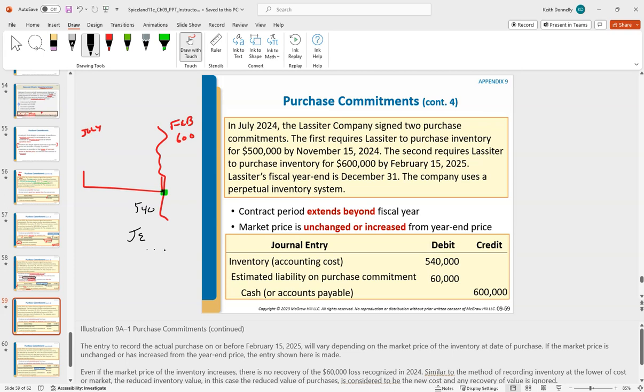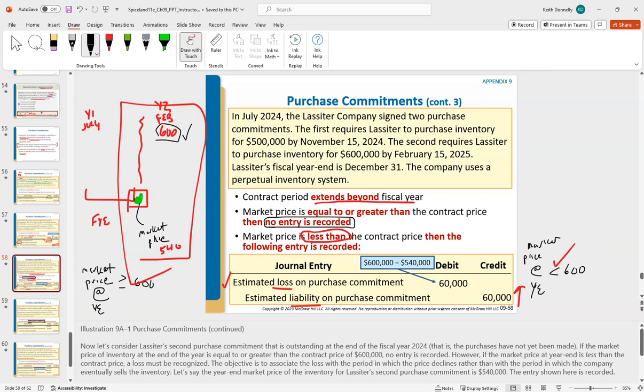If we continue from whenever we do this journal entry at year end to February, whenever we actually strike on this, if nothing changes, in other words, if on the strike date in February it's still $540, if it's unchanged or increased from year end, then essentially what we do is we're going to, we teed up this